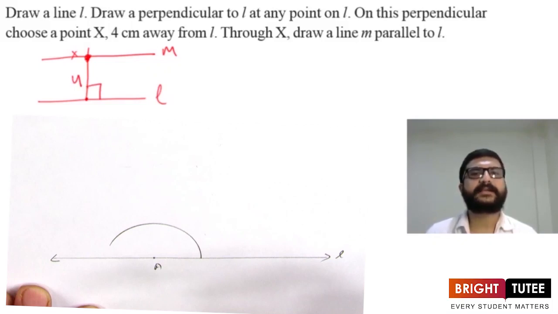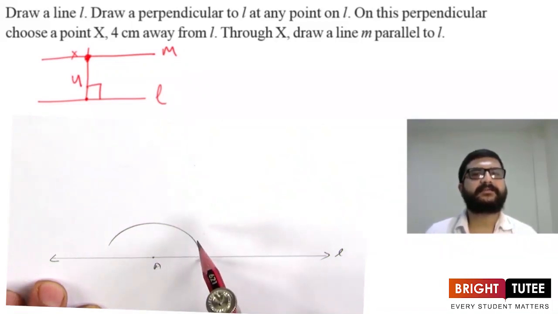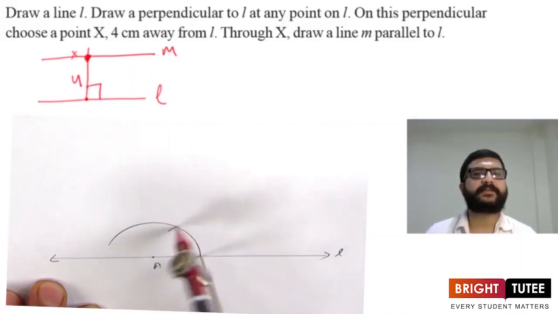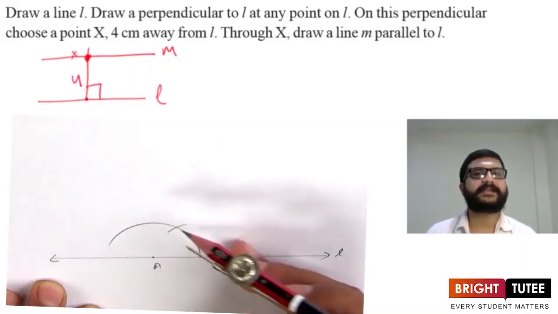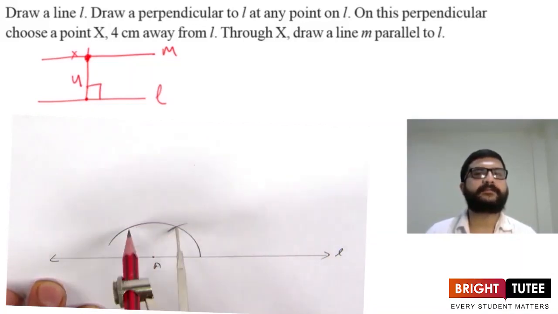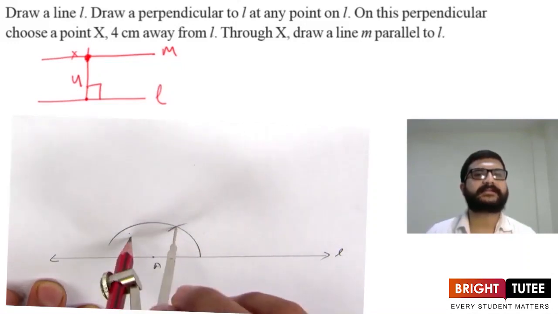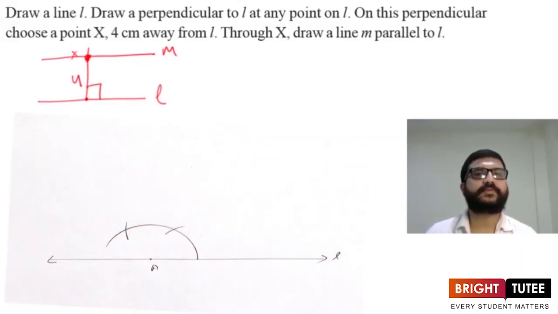And how can we do that? Let's recall it. We have to keep the point A as a center. Now taking point A as a center, we have to draw a semicircle like this, and then with this point here we have to make one arc with the same radius, and now from this point we have to make another arc like this. Now from one of these two points, let's say it is point B.